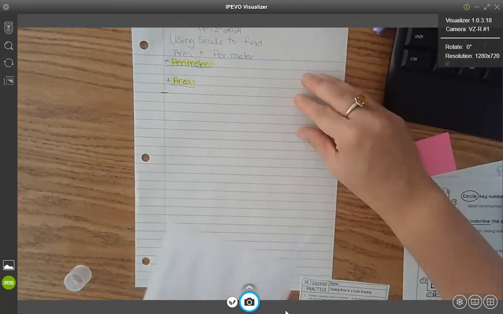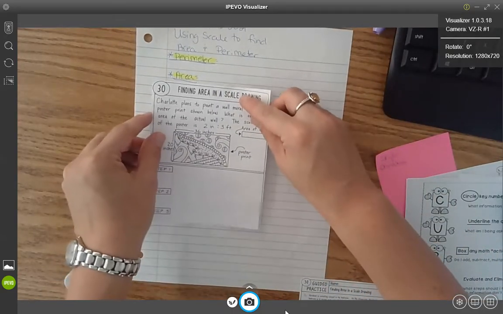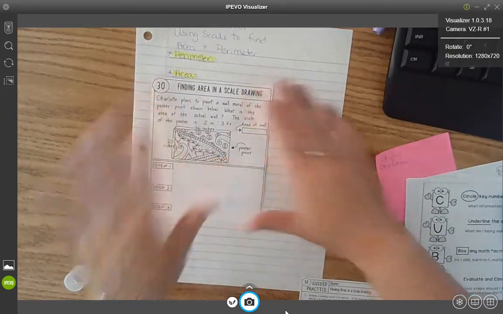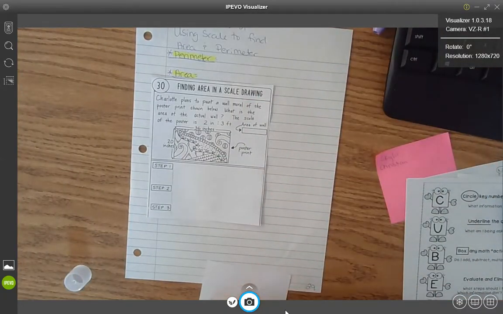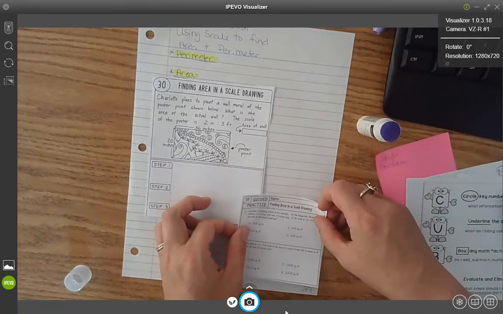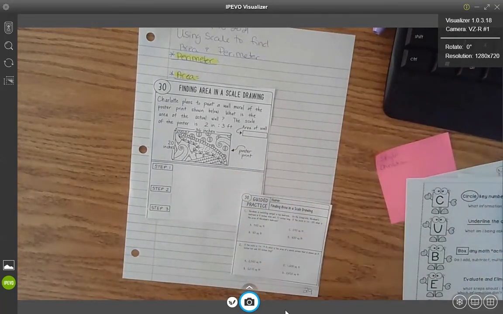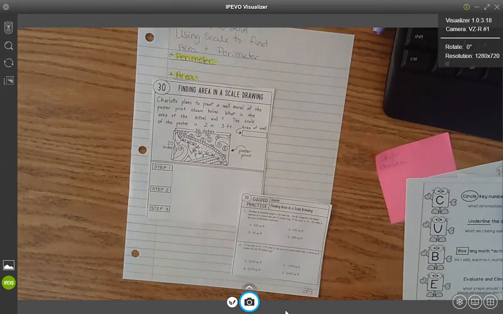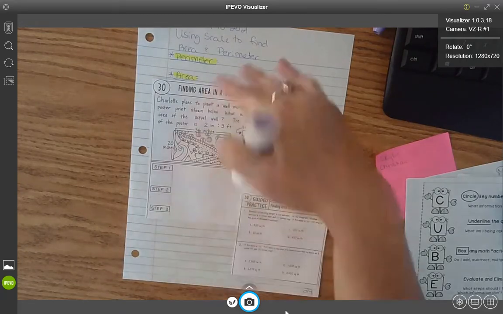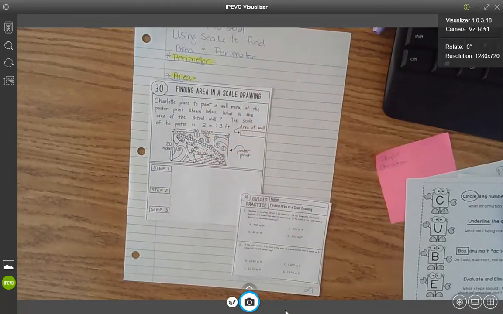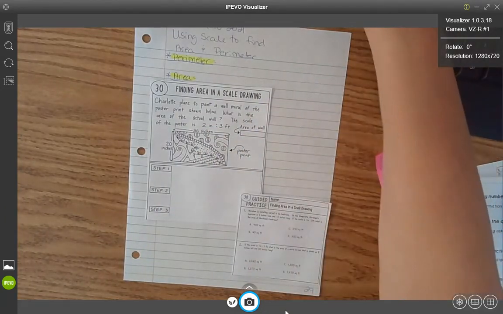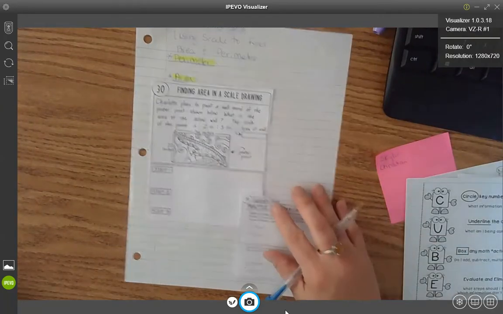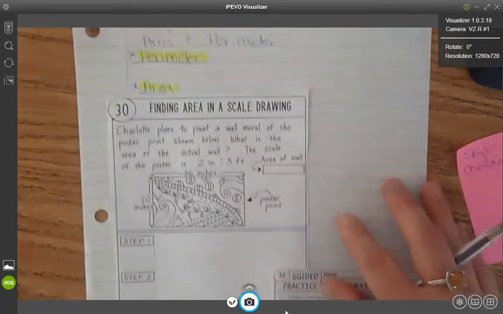So who can tell me the difference between perimeter and area? What would be the difference between perimeter and area? Bethany. Area is multiplication and perimeter is adding. Okay. So definitely there is a difference between the operations that is used. The operation used for perimeter is addition, and the operation for area is the multiplication. So where is perimeter found? Inside or outside? Outside. And the area is found where? The inside. Good. Okay, so you are going to have some questions today and tomorrow dealing with perimeter and area,